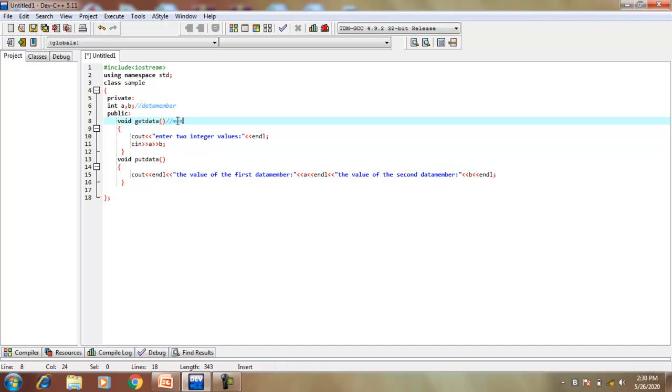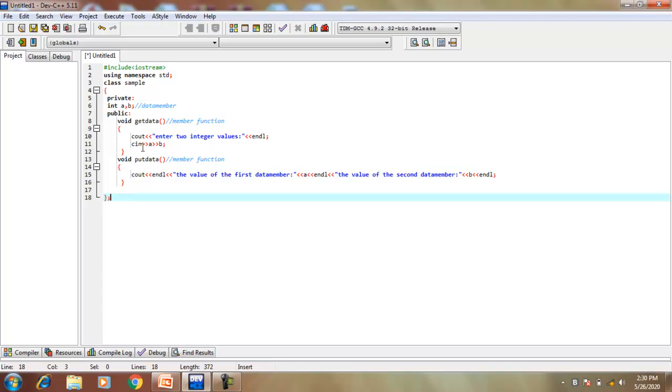The first member function is for inputting values, and the second one is for outputting the values. When we put the semicolon, this identifies that the class is terminated.